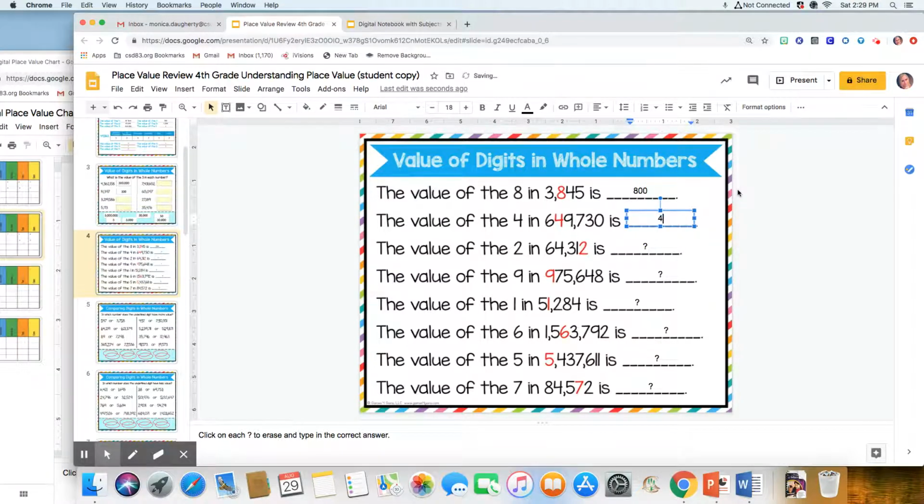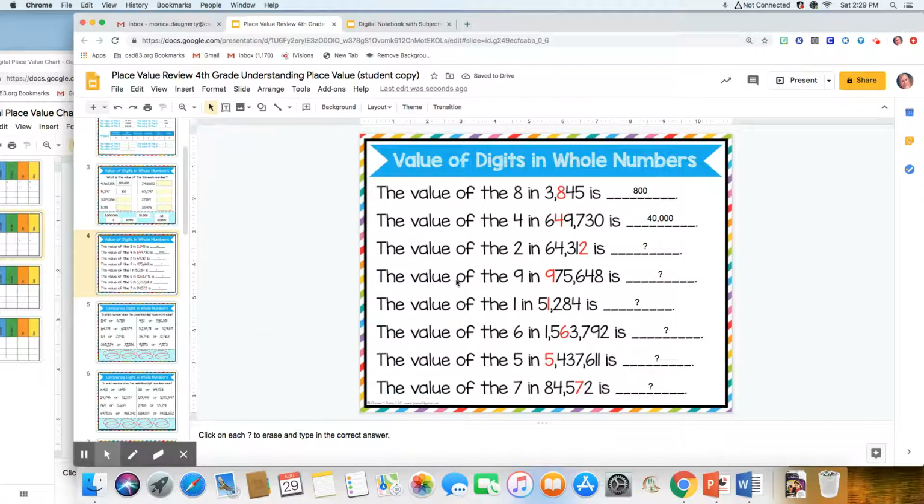I'm going to double click on my question mark, make sure it's highlighted. I'm going to write the 4, 0, and to do the comma, it is the key to the right of the M key, comma, 0, 0, 0. All right, let's do one more. They want to know the value of the 2 in